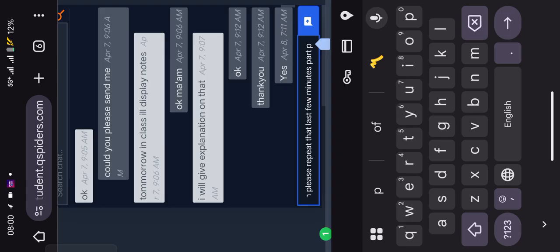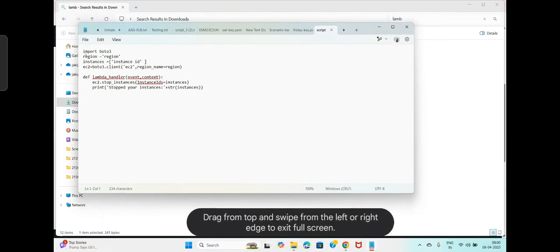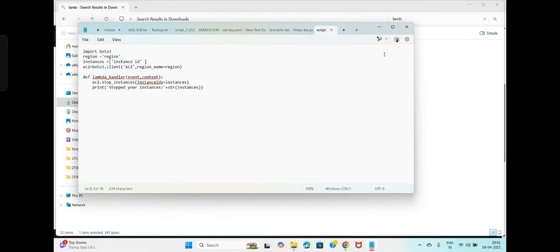Here, go to Files Explorer. We have so many scripts. I'll share them with you in QTalk. So just copy paste that. That's it. Copy this.